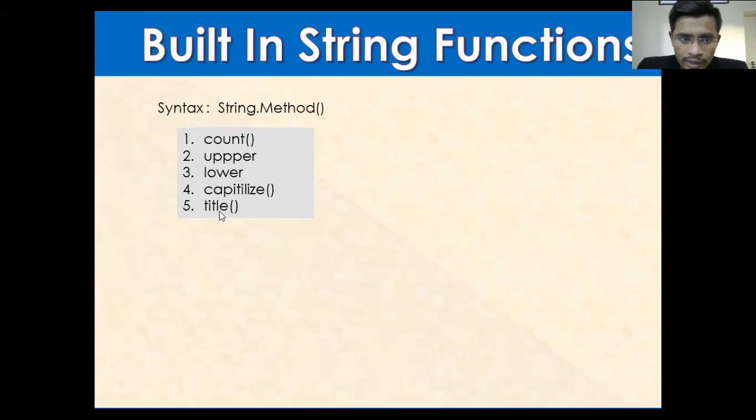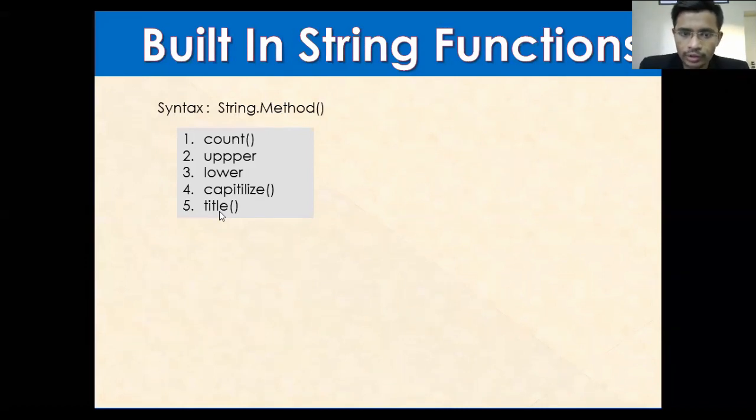Are you able to see my PyCharm IDE? Right, so you are able to see my PyCharm? Just make sure, because I'm not sharing this. Okay, fine. So let me create another file for this. String methods.